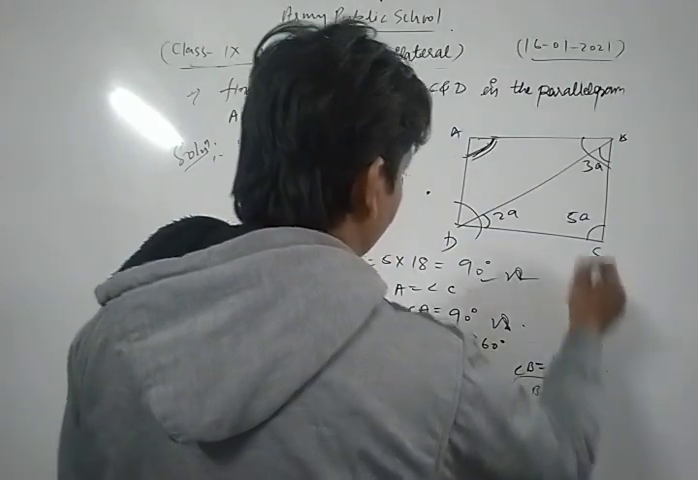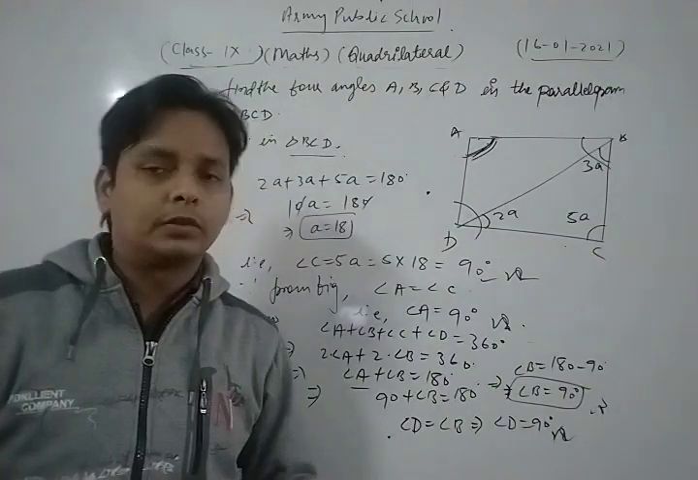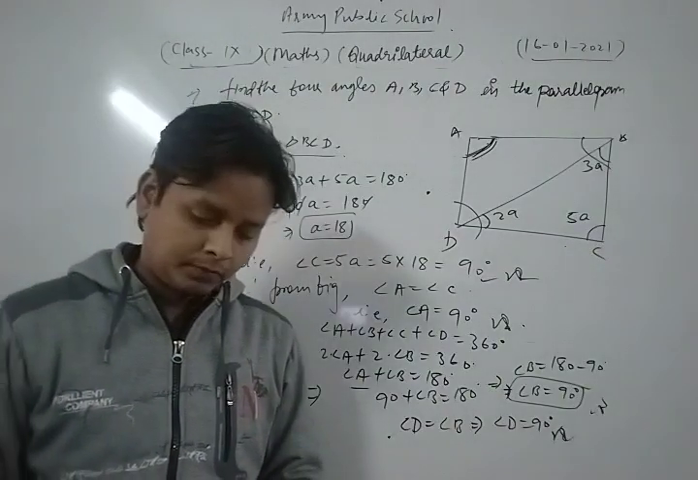Thus, in that parallelogram, all the angles of the parallelogram ABCD are each equal to 90 degrees. Okay. Thus, dear students,